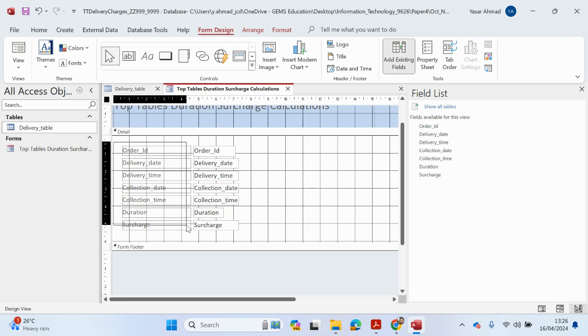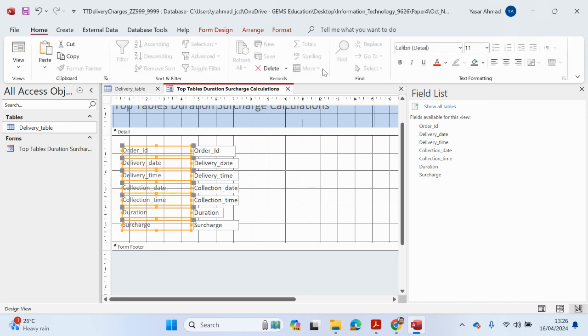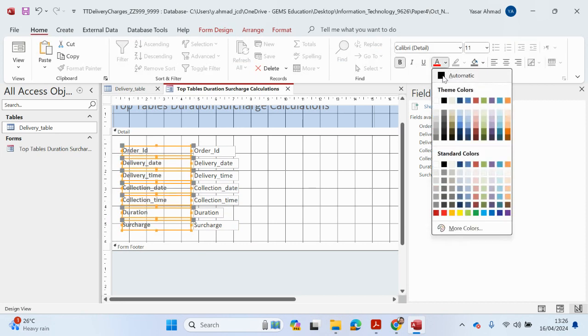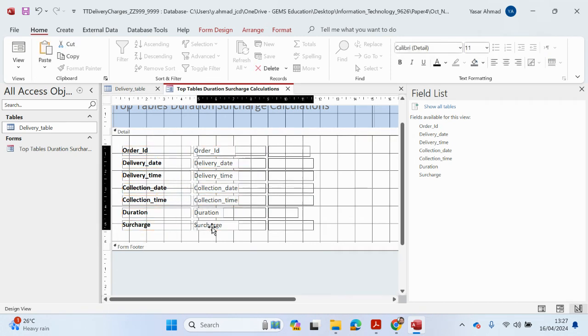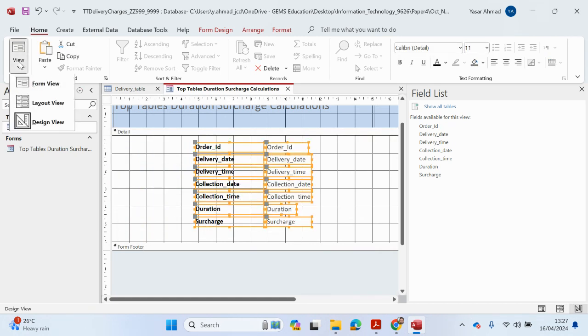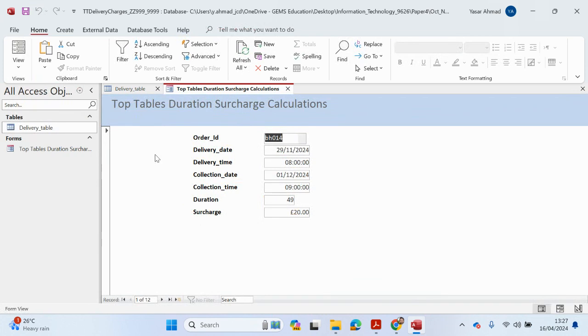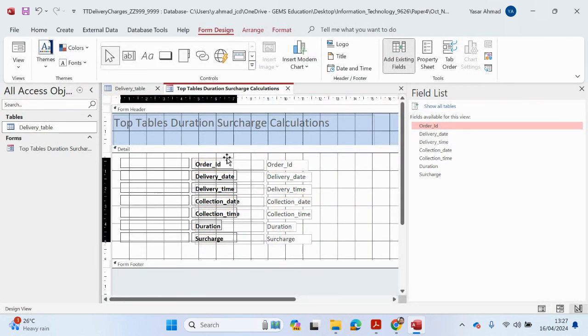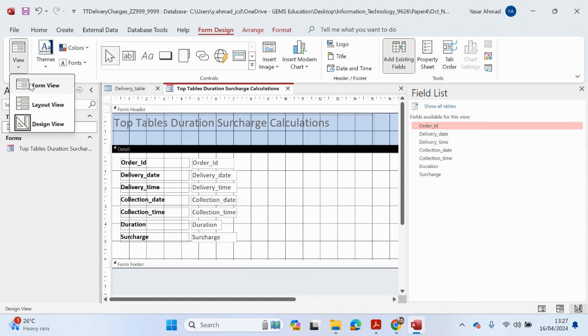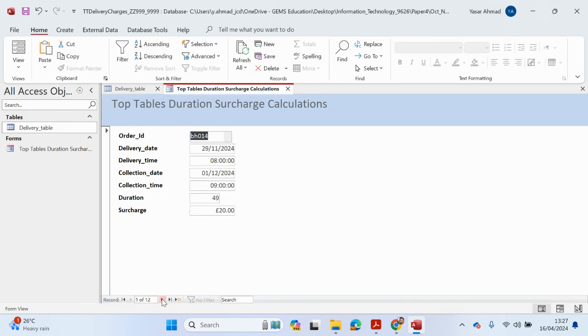Okay, and what I'm going to do is just make these labels really obvious. So if I go to home, make it bold and black. Okay, and if you want, you can move this into the middle. It doesn't really make a difference. Let's go to form view. Do you know what? Let's leave it as it was. Okay, so if we go forwards, you can see